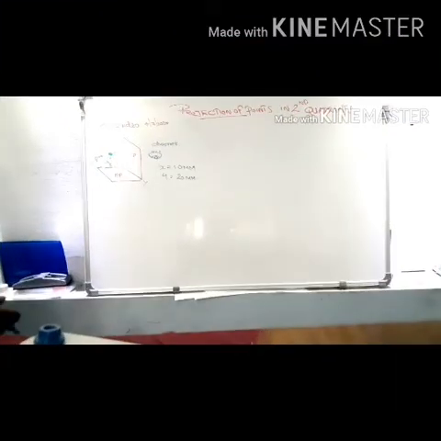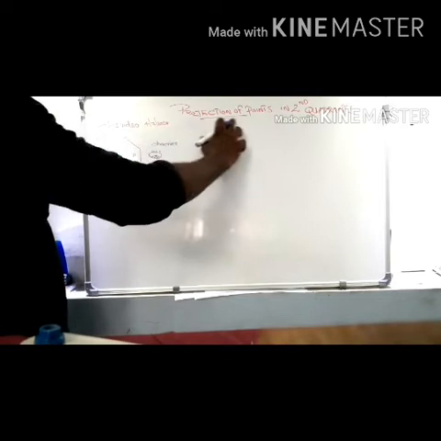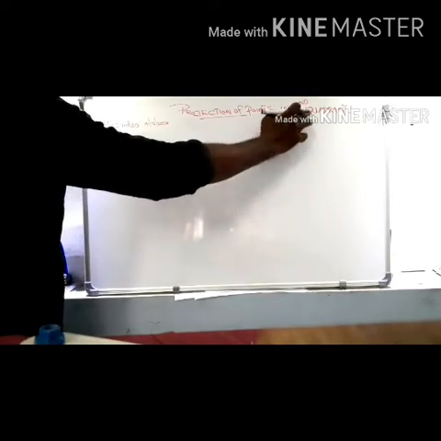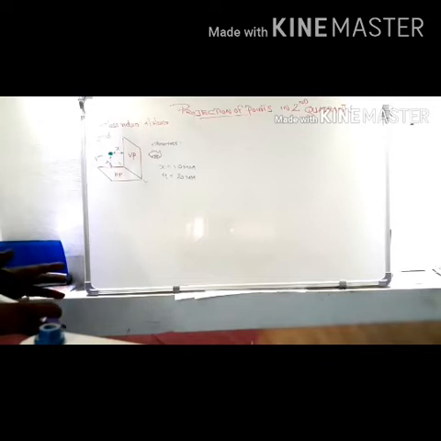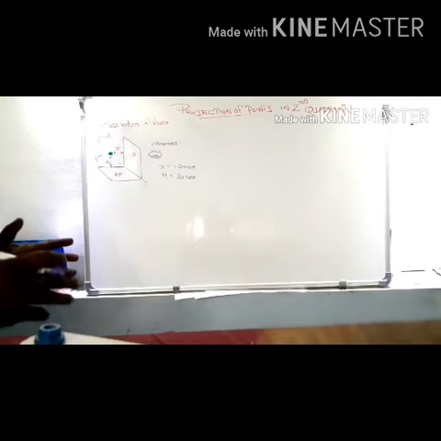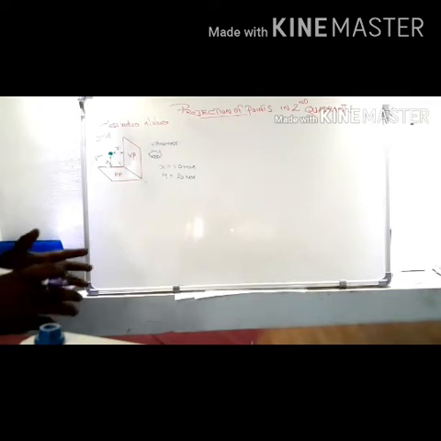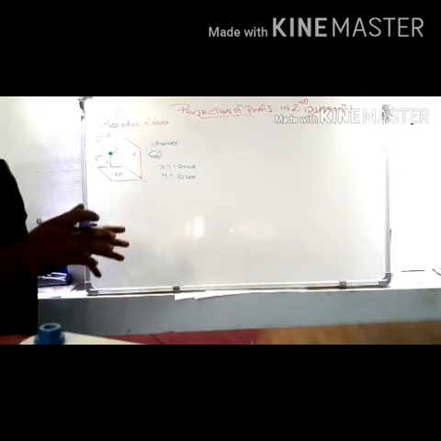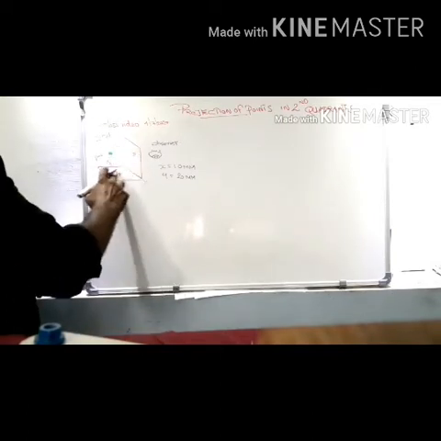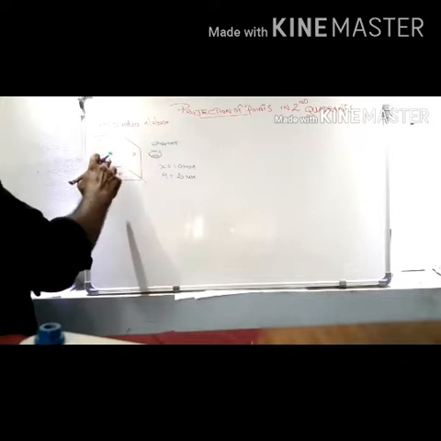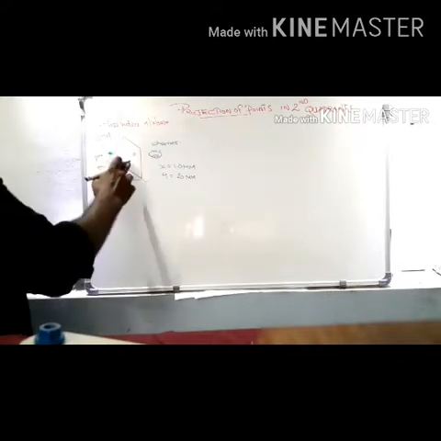In this class, we have to discuss the next topic, projection of points that are fixed in the second quadrant. We have already learned the projection of points situated in the first quadrant as well as in the third quadrant. We have already completed that topic. Today we have another topic, the point situated in the second quadrant. Here is an isometric figure of projection of points situated in the second quadrant.